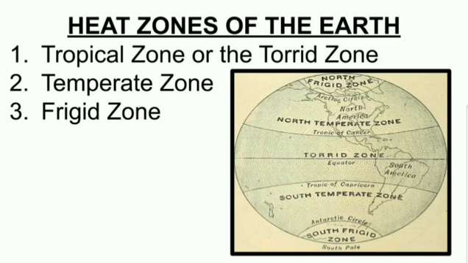Then the second is temperate zone. There are two temperate zones, one in the north and one in the south. In the north, from 23.5 degree north Tropic of Cancer up to 66.5 degree north Arctic Circle, that is the north temperate zone, and from 23.5 degree south Tropic of Capricorn up to 66.5 degree south Antarctic Circle, that is called as what? South temperate zone. कैसा है वहाँ का climate? Moderate, medium, not very hot and not very cold, because the sun rays are a little slanting, not vertical like the torrid zone.